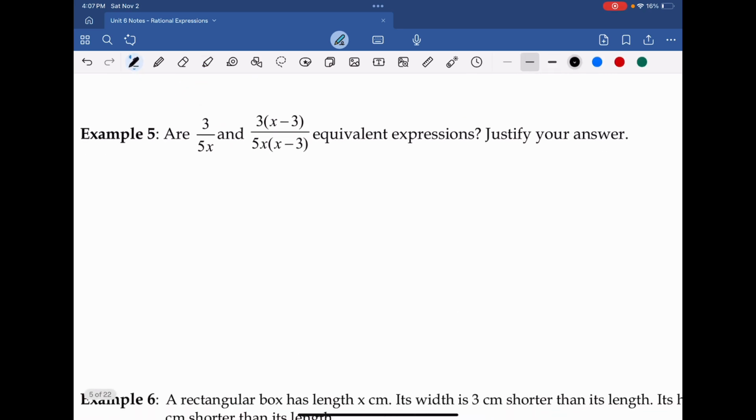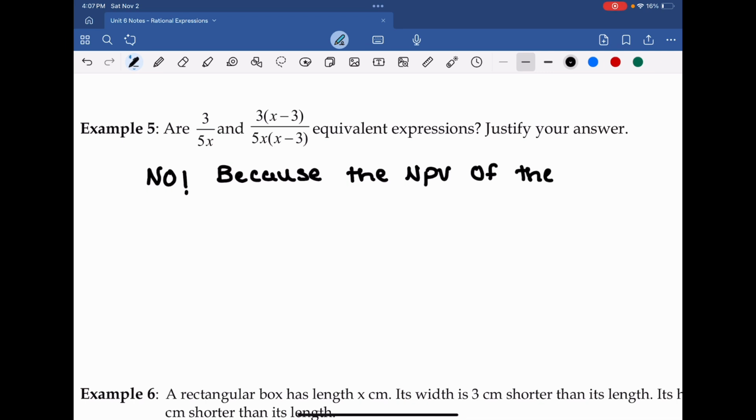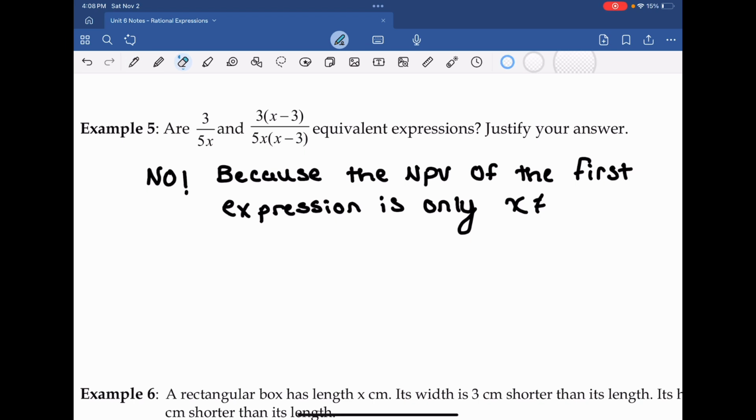Perfect. Okay. Now we go down to example 5, and they ask, are 3 over 5x and 3 times x minus 3 over 5x times x minus 3, with x minus 3 in the numerator and denominator, equivalent expressions? Shortly, no. The reason it's no is, let's just double check here. So we got no, there we go. Because the NPV of the first expression is only x cannot equal 0,